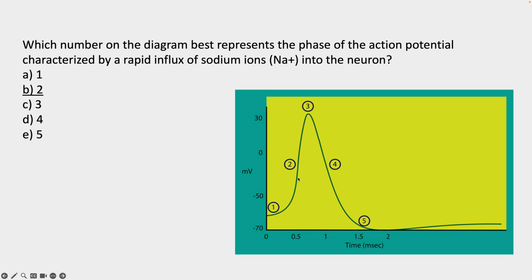What happens during this phase of the action potential? Well, remember that during the resting membrane potential, the sodium channels are closed, the potassium channels are also closed, and we have just some leak channels for sodium and potassium. So there is some sodium that goes from the extracellular compartment to the intracellular compartment using these leak channels. And there is some potassium that moves out the cell using also the potassium leak channels. But these ions are going to be taken to their original compartments by the sodium-potassium pump. Means every sodium that enters the cells and every potassium that leaves the cells will be taken to their original compartments by the sodium-potassium pump that is constantly moving potassium into the cell and sodium out of the cells using